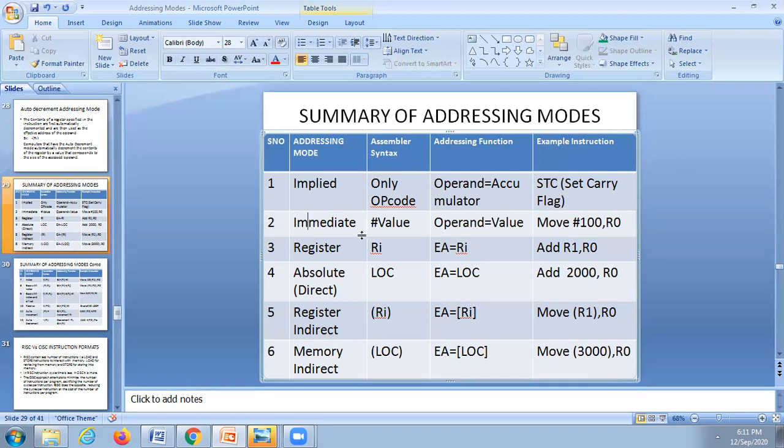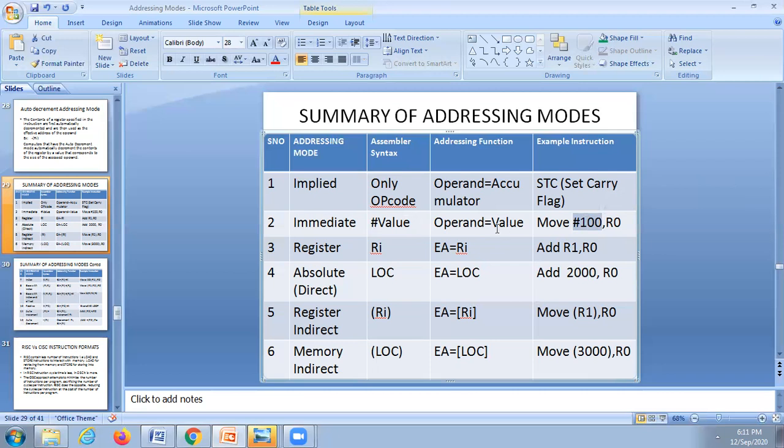Immediate addressing mode. In the immediate addressing mode, in the instruction itself, we are giving the value. Here 100 is the value which you are going to supply in the instruction itself. Such instructions come under immediate addressing mode.